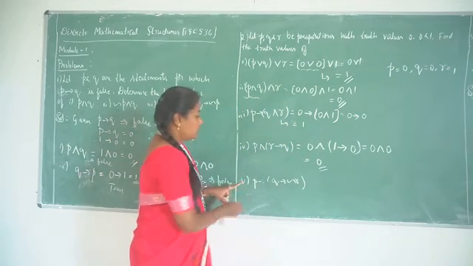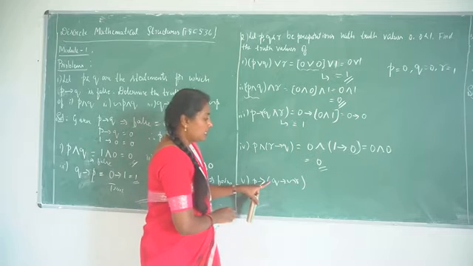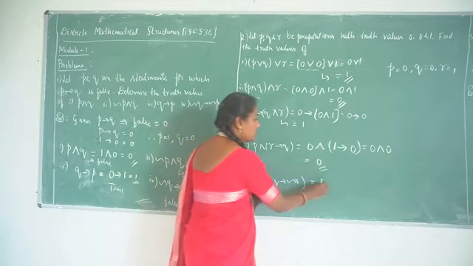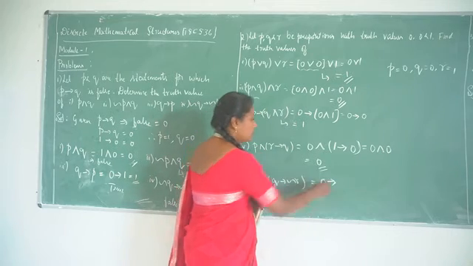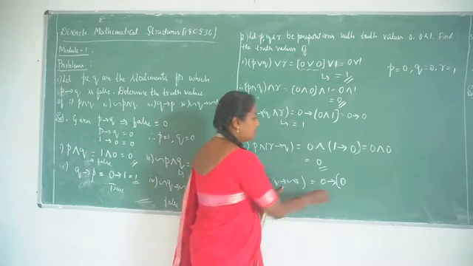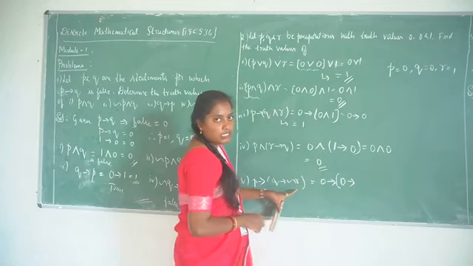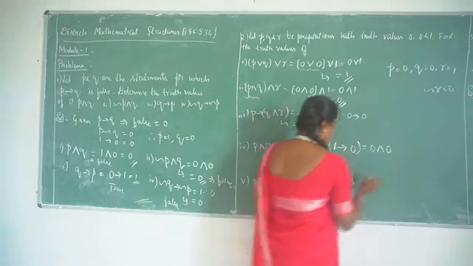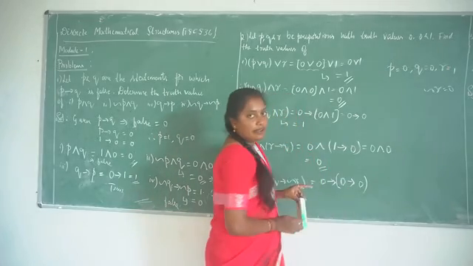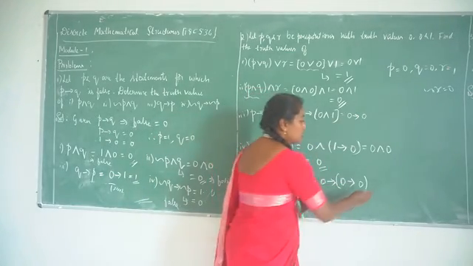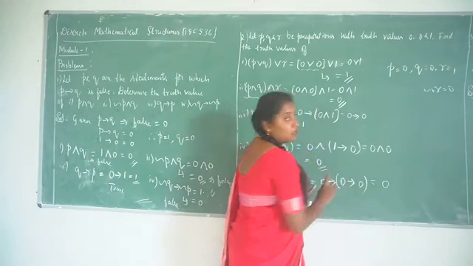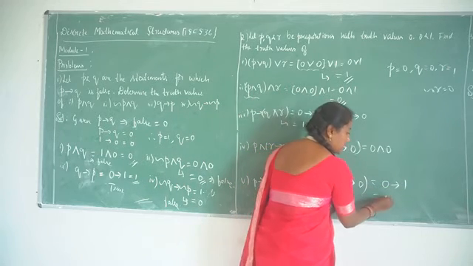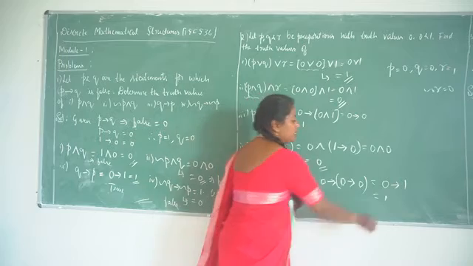So again the last one, if P then if Q then not R. According to that, the P value is 0, then the Q value is 0, then not R is there, R is equal to 1, then not R is equal to 0, then 0 to 0. In a conditional proposition, 0 to 0 is 1, so 0 to 1, and the value of 0 to 1 is also equal to 1. That means the statement is true.